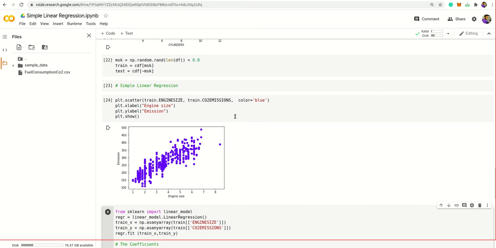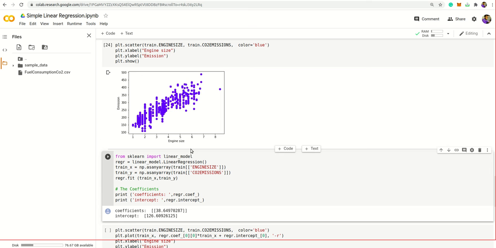Okay, then we import the sklearn library. Sklearn is a very important machine learning library for classical ML algorithms. It supports most of the supervised and unsupervised algorithms. So sklearn is very important.